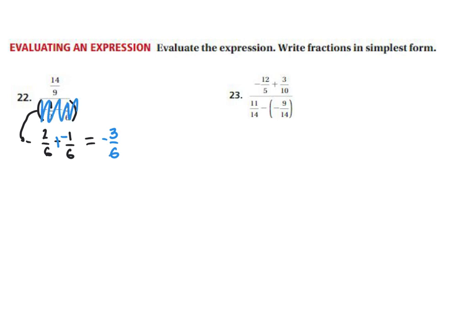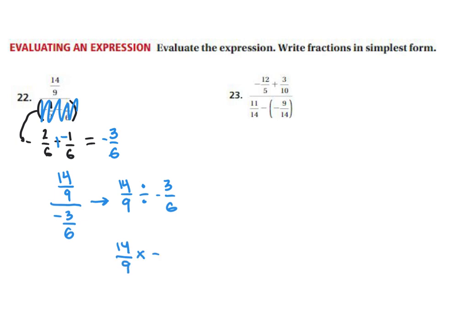Negative 3/6. So our new expression is really 14/9 divided by negative 3/6. Although that's written as a complex fraction, it's really just a division problem. 14/9 divided by negative 3/6. And now from there, we just rewrite it, multiplying by the reciprocal,